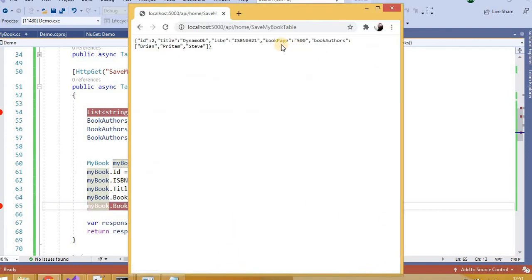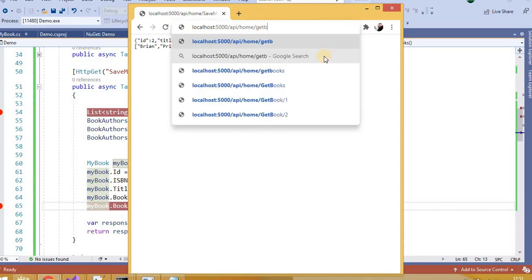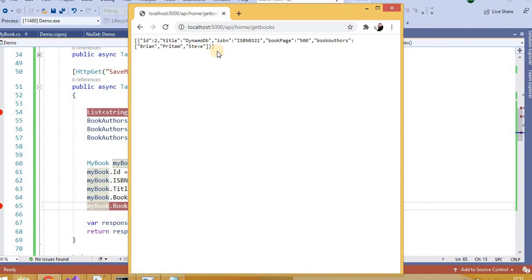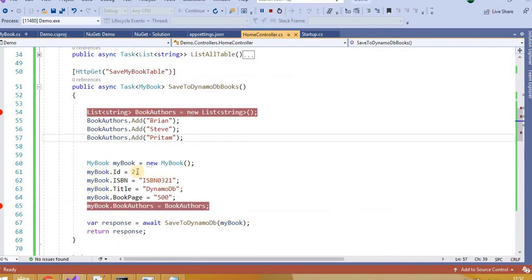See, it added one more column here. Now let's try to get the books. See, I have provided the same ID, that's why it updated the same particular record. In that case it looks if a record with the same ID is there, then it will update that one, overwrite, otherwise it will add a new one, right?